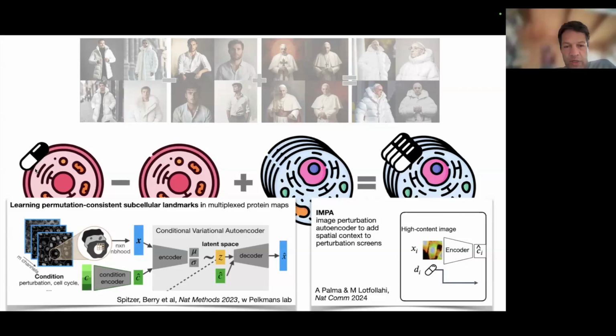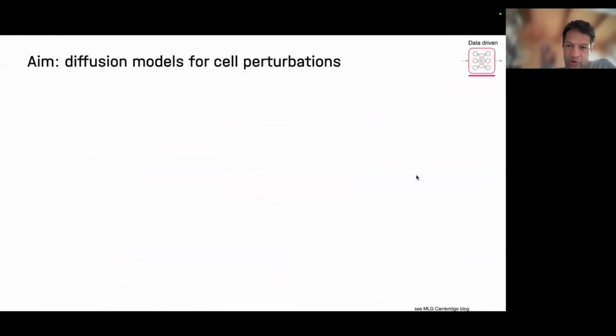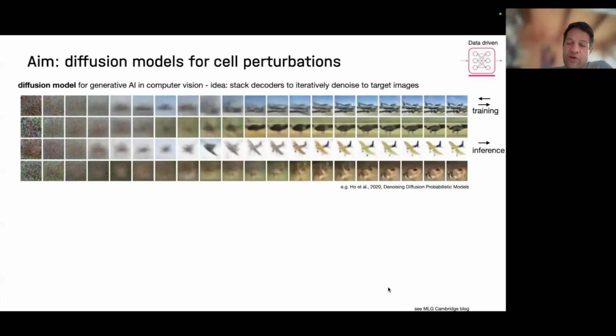So this simple plus-minus thing is essentially a latent space arithmetic type of approach, but since then, many more fancy approaches came out. The fanciest ones are in computer vision: if you really want to generate realistic effects of perturbations of images, you take inference and just guide it towards what you want. This is the idea that we now try to use in our cell setting. Now, cell setting for images, but essentially for these vectorized, more or less tabular expression profiles.